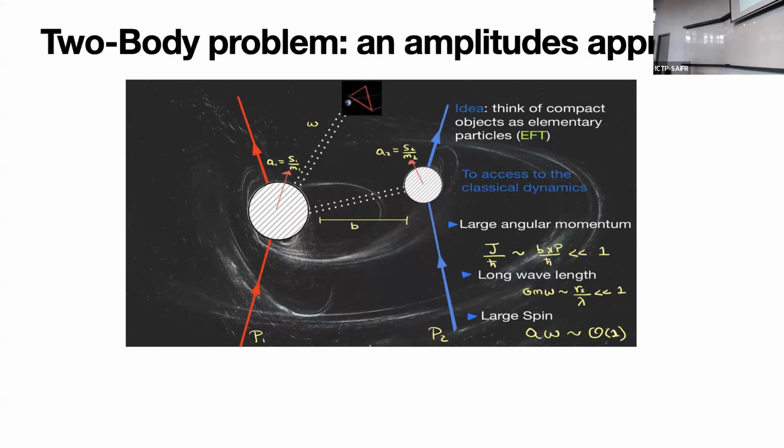And we have learned from several people how to do this. For instance, you can take the limit in which you have a large angular momentum, or equivalently, a small momentum being transferred between these two bodies. If you have radiation, you're going to ask this radiation to have a wavelength much bigger than the size of the individual objects. And in general, if you have a spin, you're going to ask for this quantity a·ω to be of order 1. That basically means keeping all orders in the spin expansion.